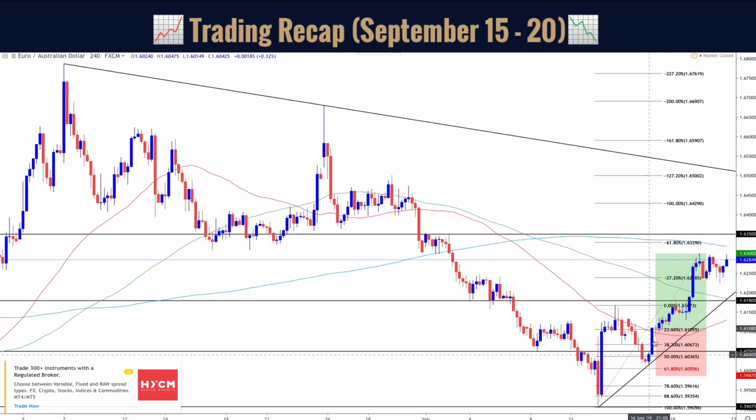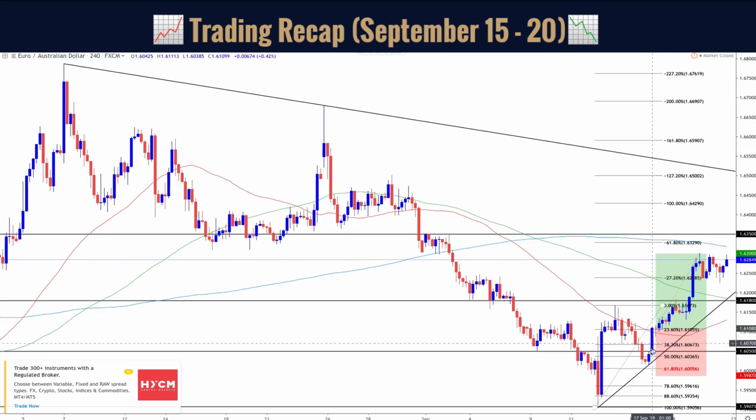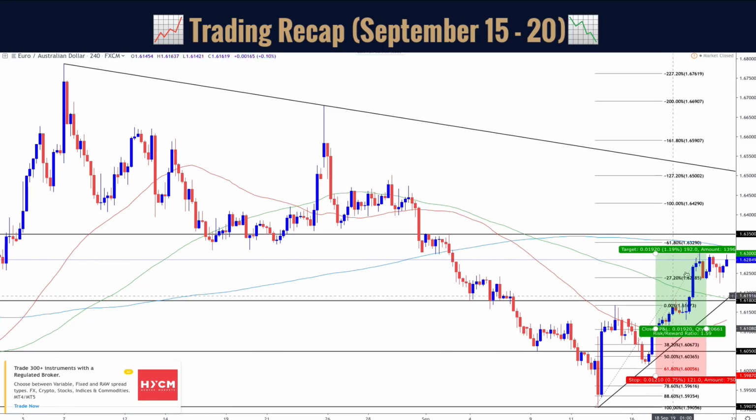And returning back to the trade right here, you see the completion of the pullback. You see with this big first bullish engulfing candle that price was looking forward to go on the upside. We enter right here on this doji, so we hit 192 pips